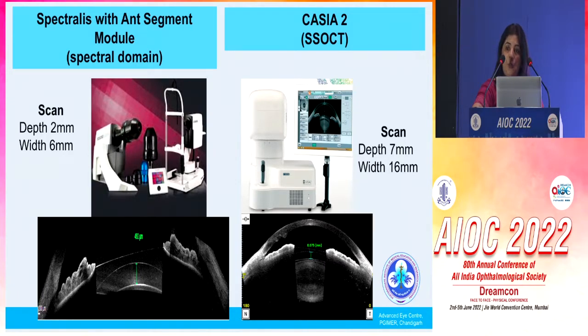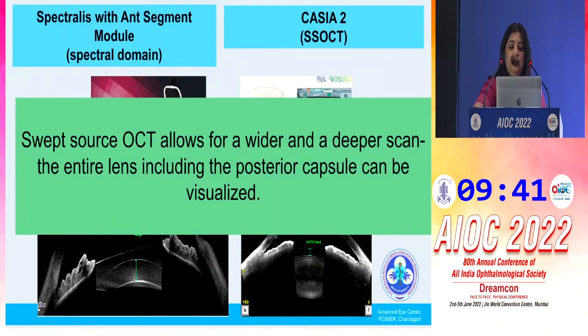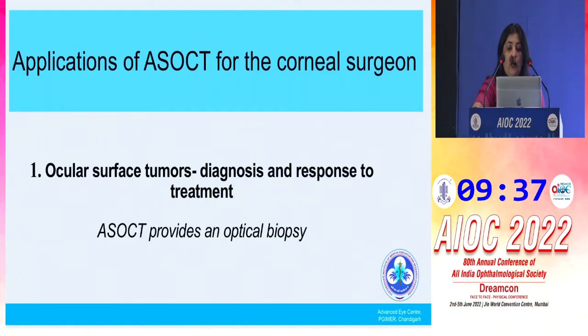On the other hand, with the swept source OCT, you can see right from limbus to limbus the angle, as well as up to the posterior surface of the lens. So swept source OCT allows for a wider and deeper scan and includes the entire lens, including up to the posterior capsule. Now, applications of ASOCT, my first few slides are not of the swept source OCT,